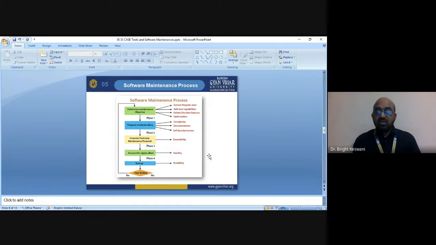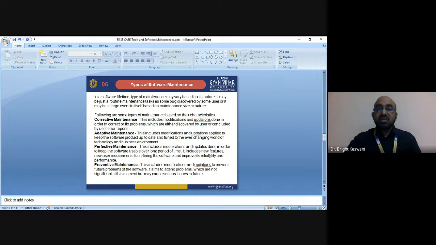There are several types of software maintenance in a software lifetime. Types of maintenance may vary based on their nature. It may be just a routine maintenance task, such as a bug discovered by some user, or it may be a large event in itself based on maintenance size or nature. These are the following types of maintenance based on their characteristics. First is corrective maintenance.